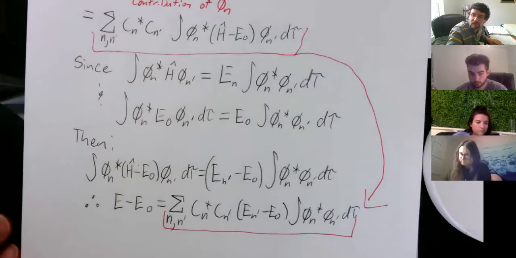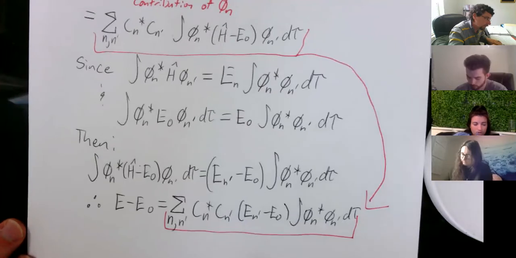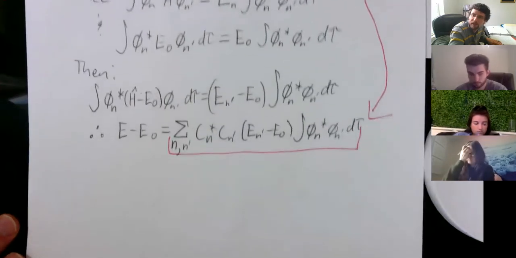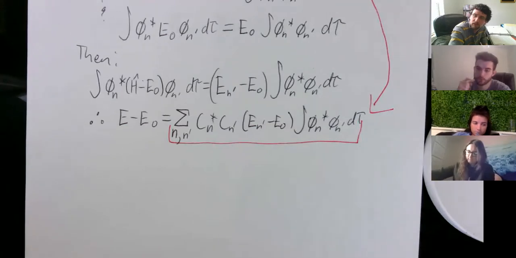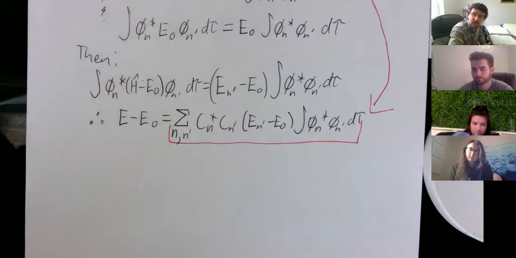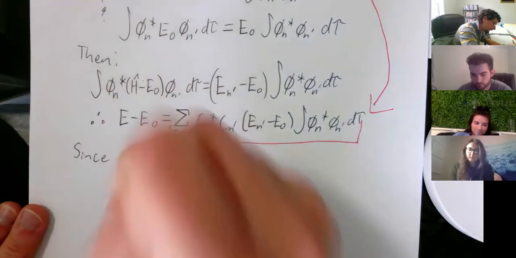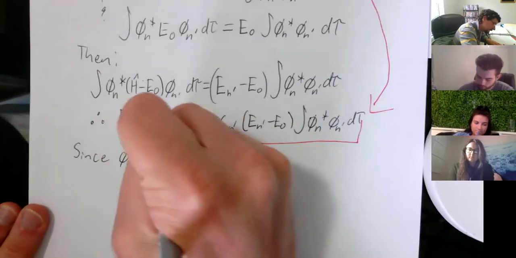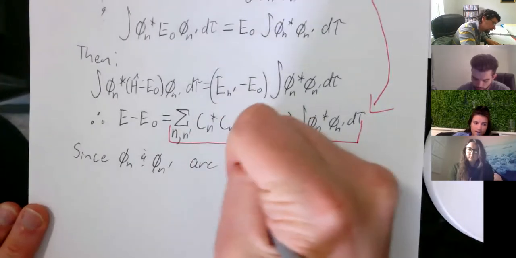All right, let's make our lives a lot easier now. What did we say? If we were thinking about the wave function, what two properties does it have? Orthogonal and normalized. Yep, it's orthogonal and it's normalized. And we said the basis functions were orthogonal to one another. So since phi n and phi n prime are orthogonal,